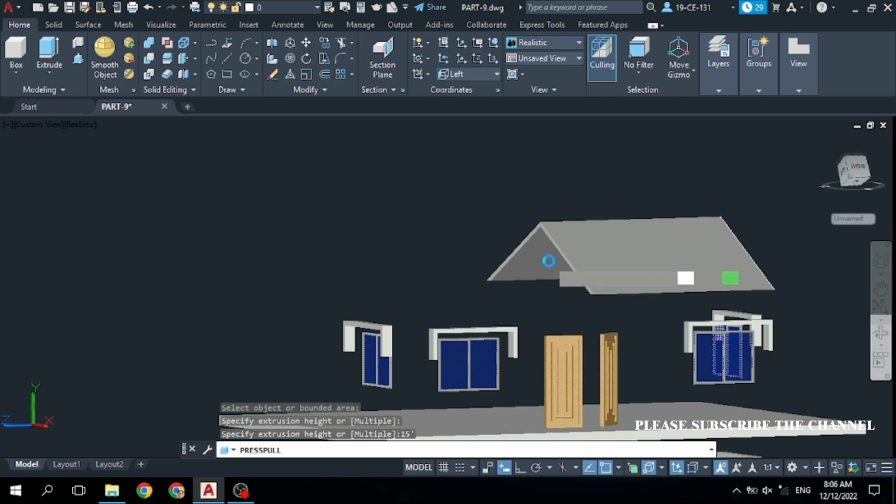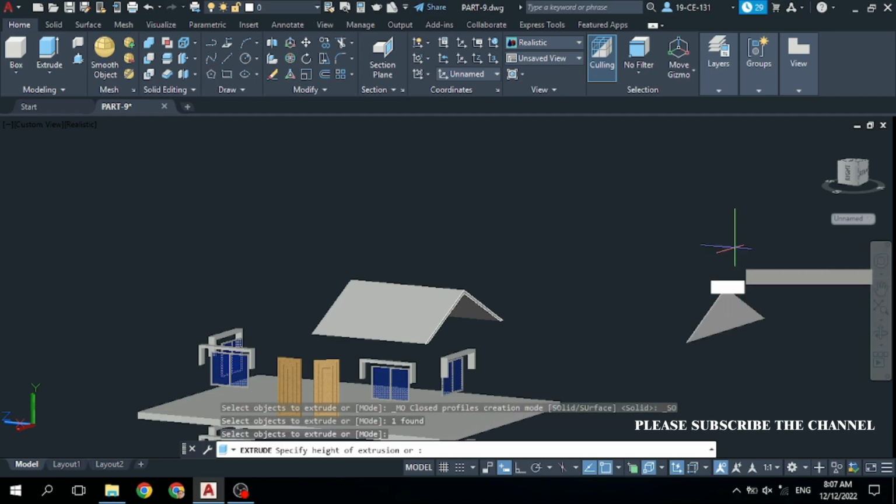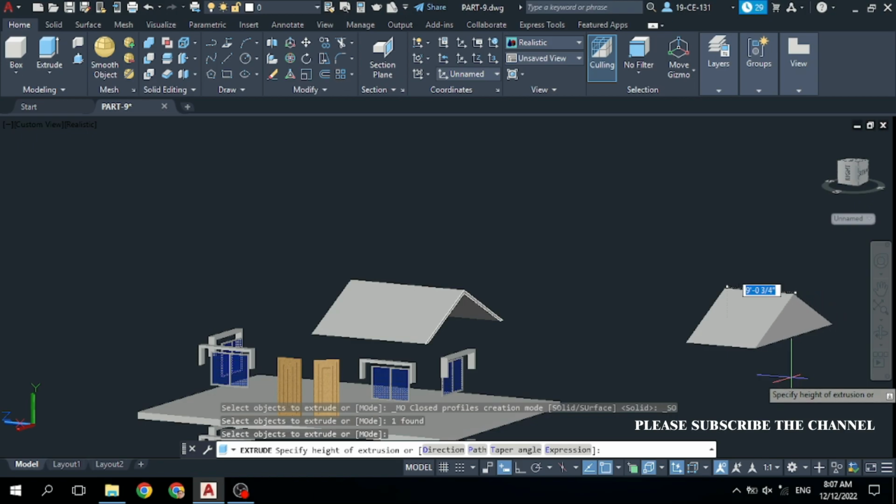and press enter. Now you can see it is created, and press enter again, and now come to this rectangle and delete this middle line and type join. Now you can see it is selected as one object, and after that click on extrude command, this extrude command or press pull command. You can click on any of them, and then select this object and press enter, and come to this side, type 4 inches distance, 4 inch, and then press enter,